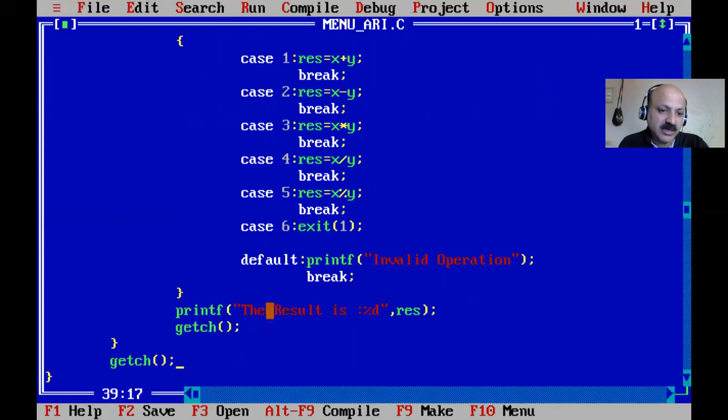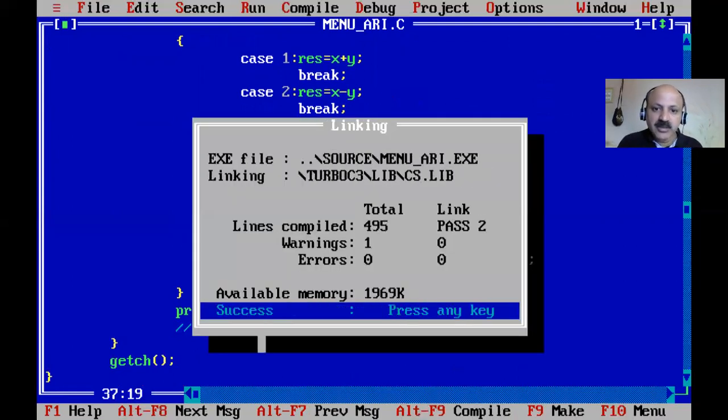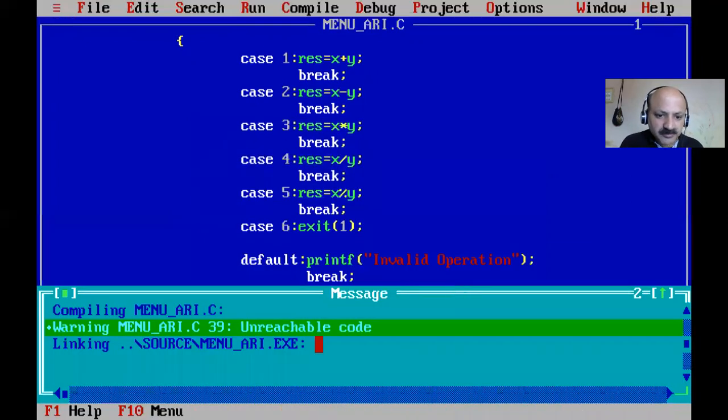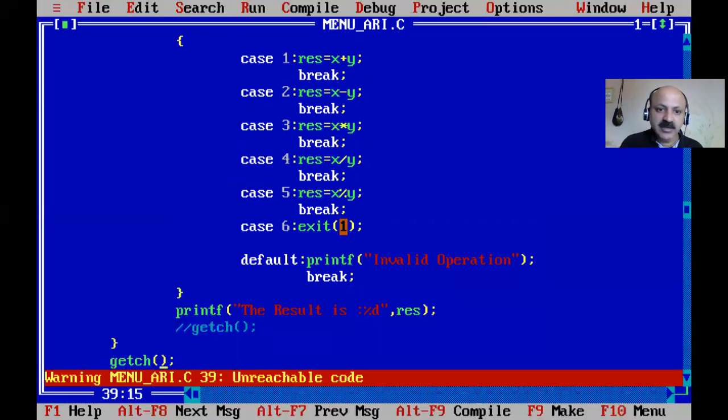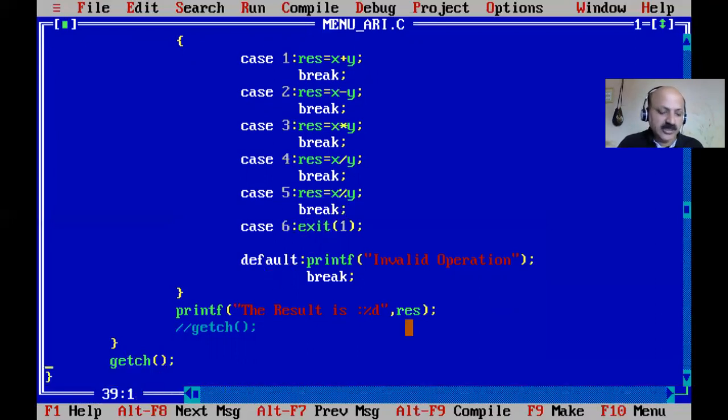Why? Because we can see our output. And if you don't provide it, what happens, let us check. Here I just comment it out, first save, F2 and compile. One warning is given, and our exe file is generated but the warning is there. Let us check what the warning is. It says unreachable code, because in a menu driven program in the sixth case we give the exit function, so the compiler does not reach here, it directly terminates at the exit function in the switch case. So here it is not required, I just remove it, and here we can see our output. So here it is required, and save.